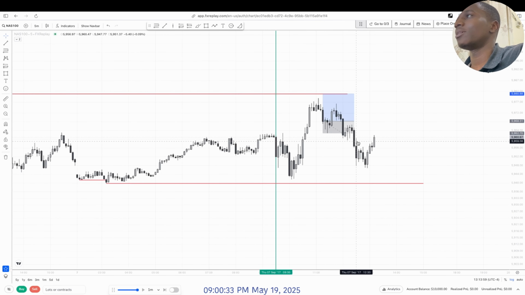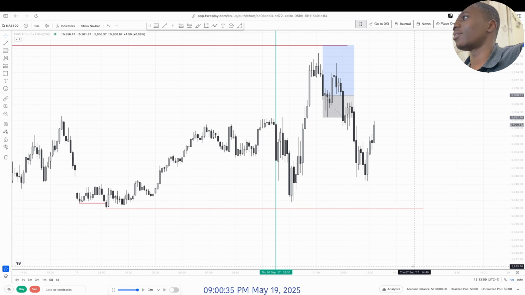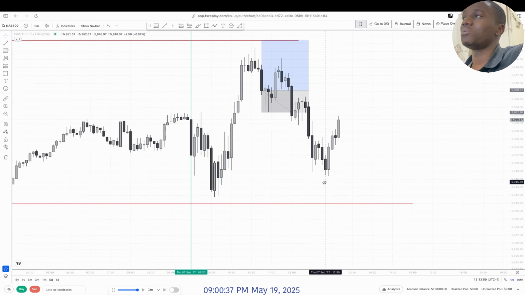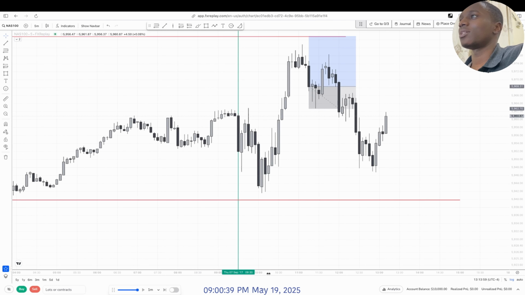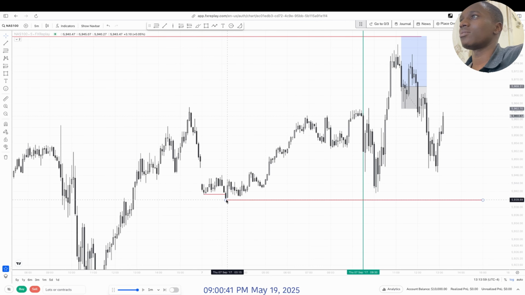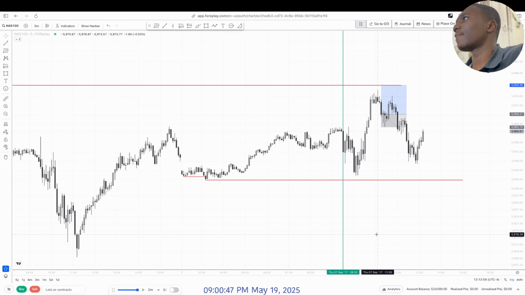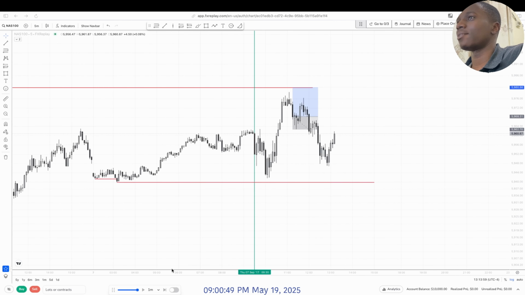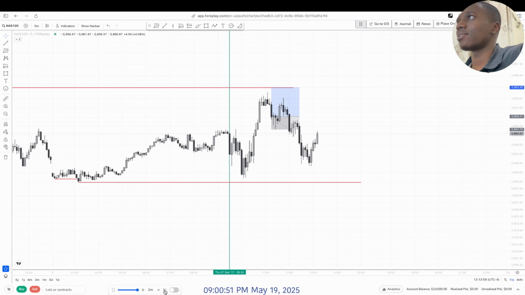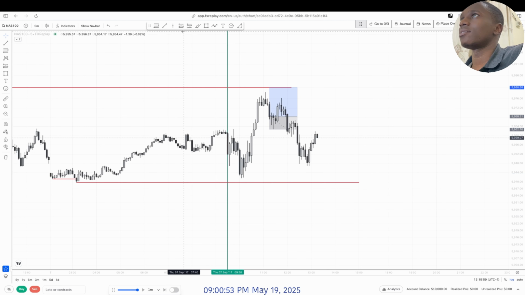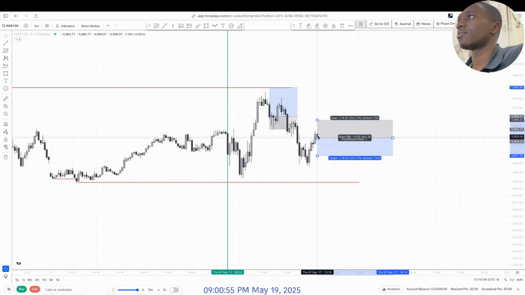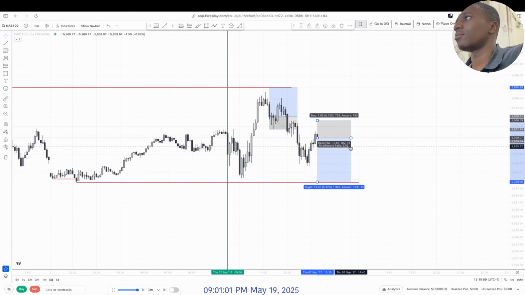You can see we went back into this fair value gap, and I might say that we need to hold, maybe to take out these London lows for Thursday. Since it's still Thursday, yeah. I think this will be a good one. We shift our bias and sell it. Let's sell here. Stop loss right there. TP, this one, good 2.5.